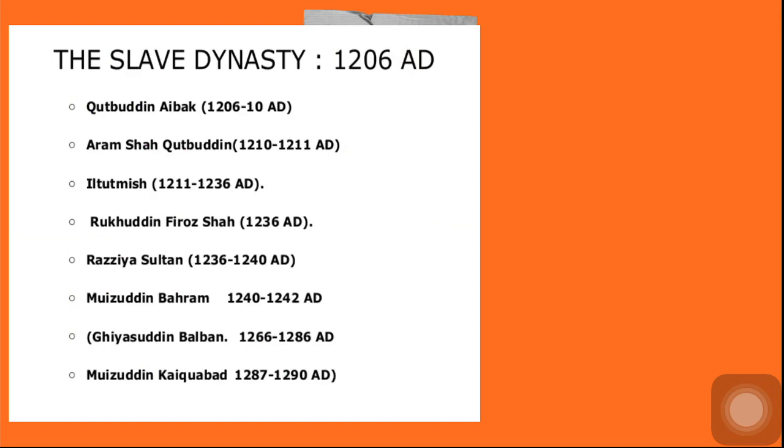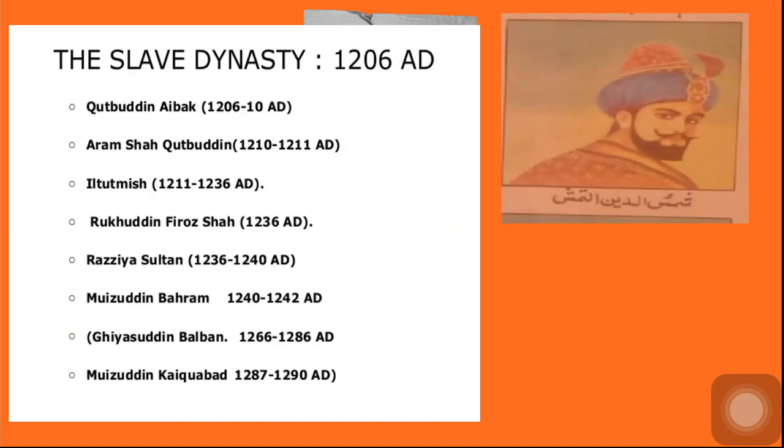Now let us see the Slave Dynasty. First we see about Qutbuddin Aibak. Qutbuddin Aibak ruled for only 4 years, and he died in an accident while playing polo in Lahore and is buried there. After his death, Qutbuddin Aibak was succeeded by his son-in-law